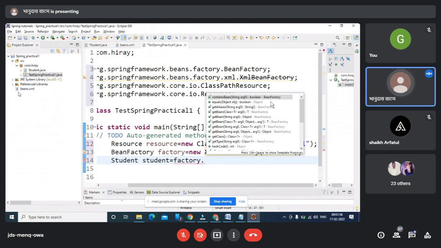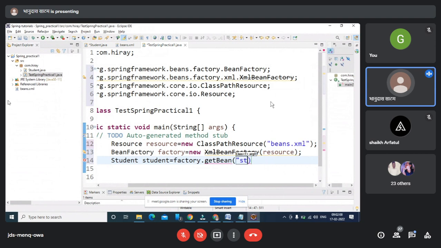There is a method called getBean here. In that getBean, I have to write my bean name, that is the student bean. I need to do typecasting because my factory may contain a different kind of object, so I'm choosing a Student typecast here.